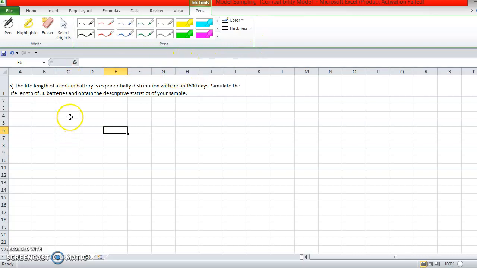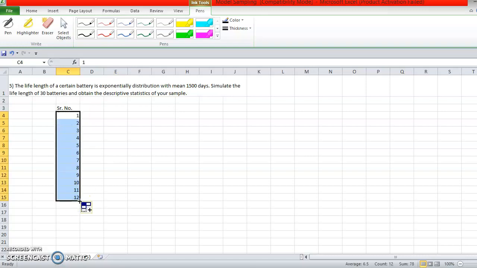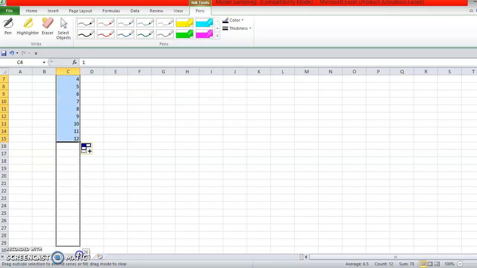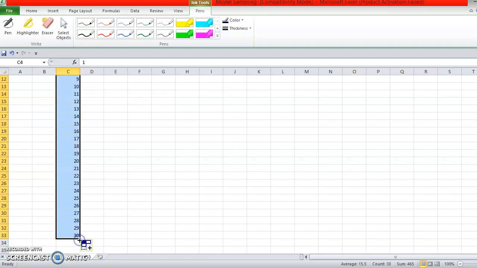As we have to generate 30 random numbers, we will write the serial numbers from 1 to 30. Just type 1 and 2 and copy it as many as you require. I will copy it till 30 because I require 30 random numbers.